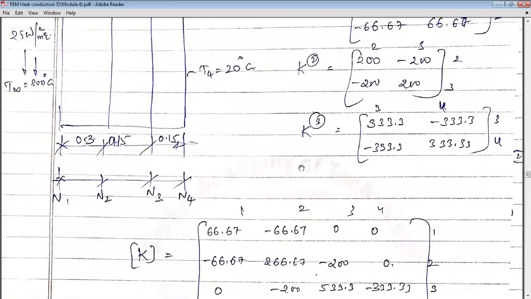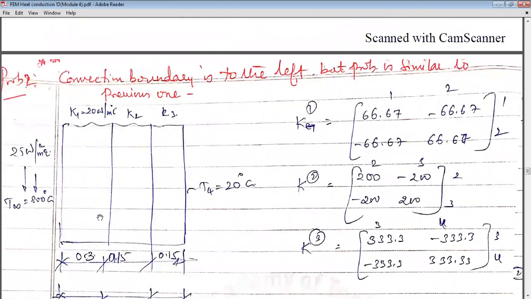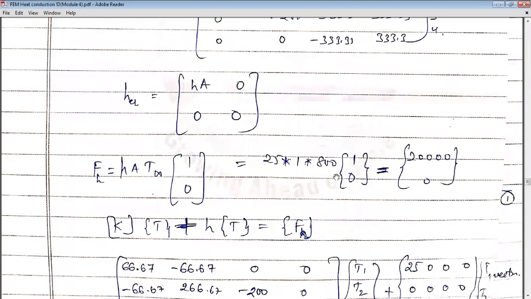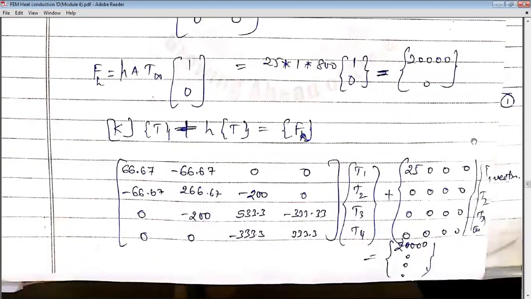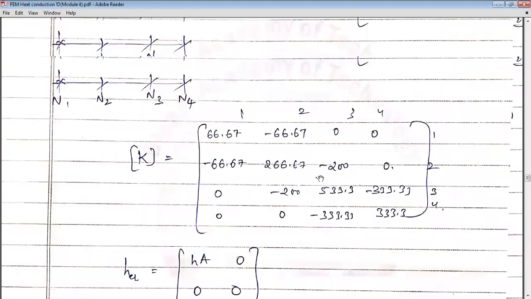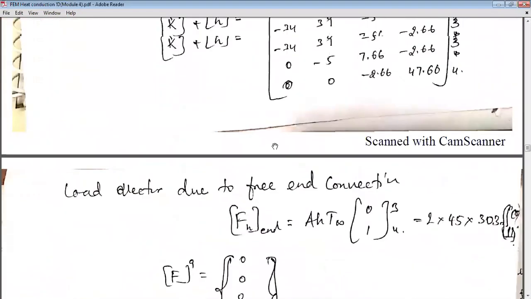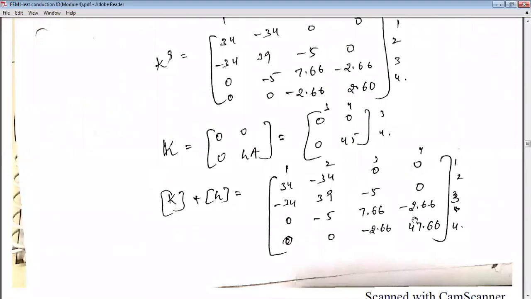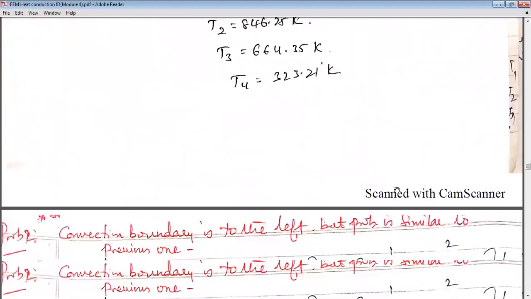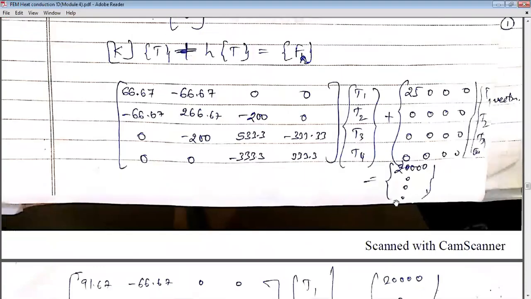T infinity is 800. They give 1 0 instead of 0 1, then you simplify and you will get this value. Now you can see a small change from the previous technique. I'll write the K matrix as it is. I will not add first in the first instance. Earlier I had added K and H together at the beginning itself. Now I'll add it separately for your understanding.